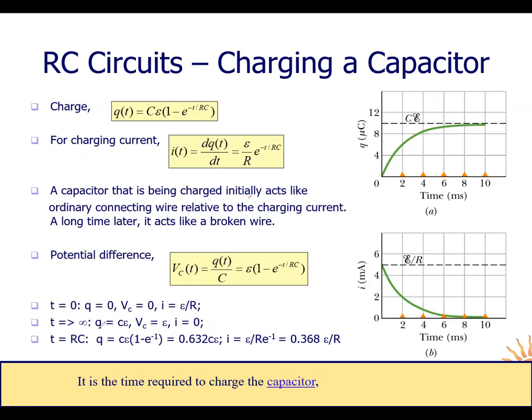Now what about at T equals R times C? This is the time required to charge the capacitor. T equals R times C. In this case, we can calculate Q if T equals RC. Q, after calculation, we get this time needed to charge the capacitor, and we get this current value at this time. Okay,